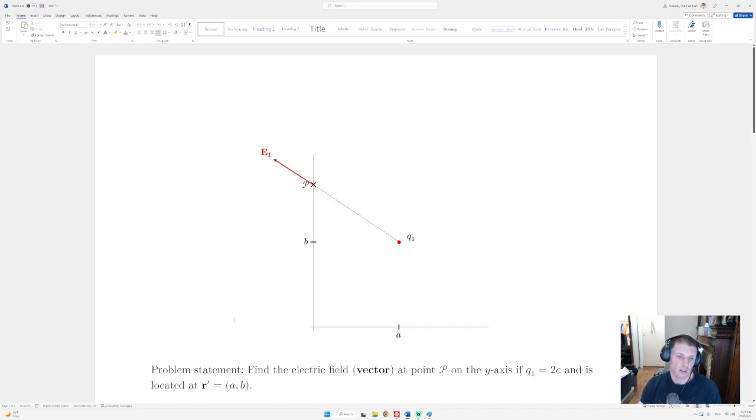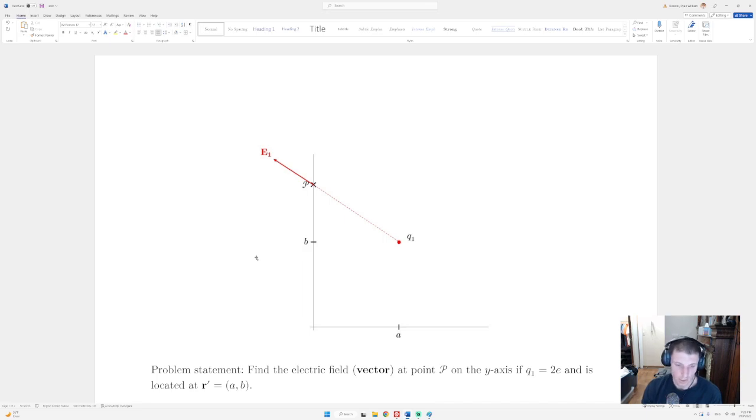It wasn't like the other charge was at negative a negative b, or rather negative a positive b, right? Because we maybe would want it like here. But I guess technically negative a negative b would also be a symmetry. But anyway, what we would do then is we would just repeat the exact same procedure for Q2, right? To get E2, we would do all the same stuff, and then we would just take the vector sum of E1 and E2, right? Because the superposition principle tells us that we can combine these things,